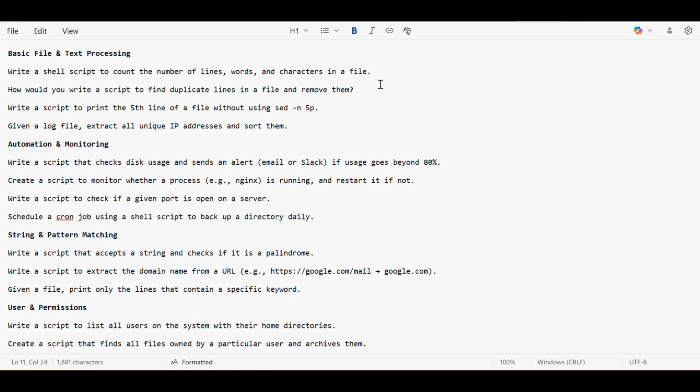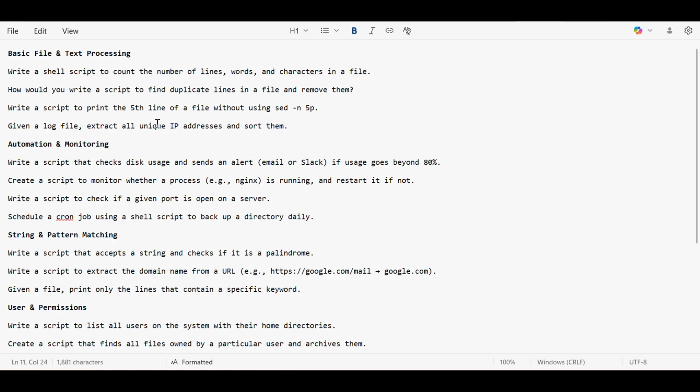So try it out. How would you write a script to find duplicate lines in a file and remove them? This is also a very common use case that you might encounter while automating any task. So you should also know this.